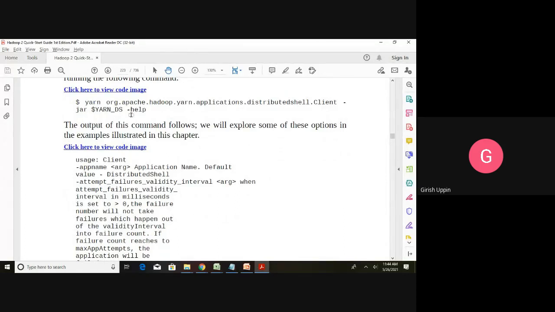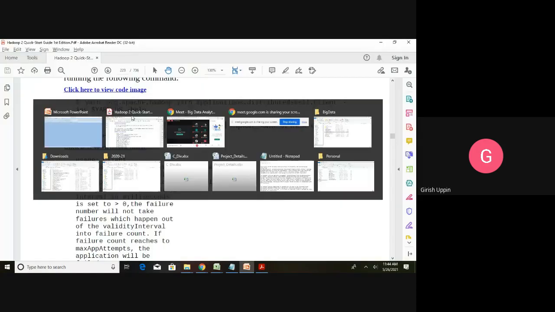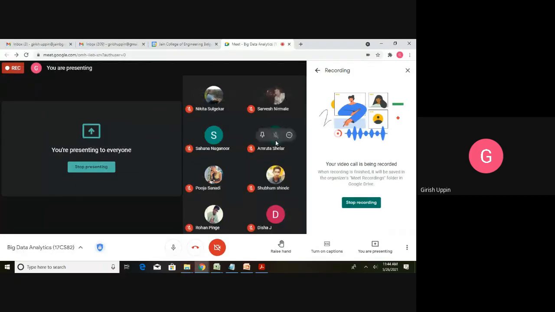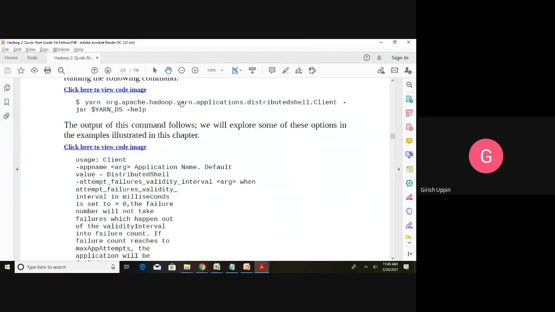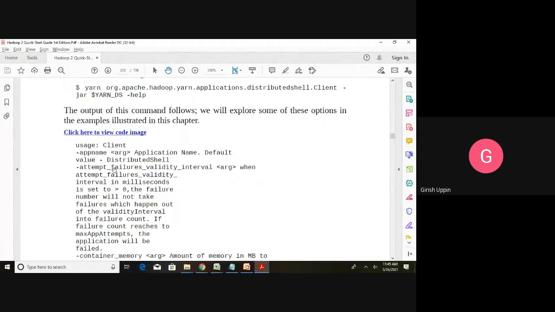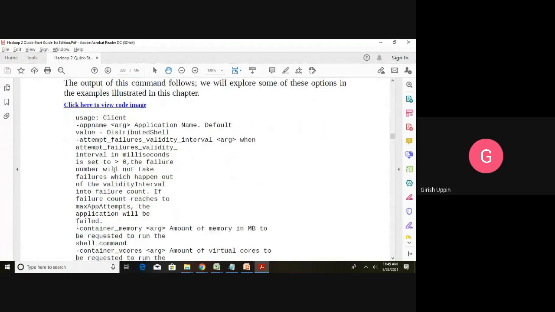Once you issue this yarn command, the distributed shell will start, and hyphen help, the command you are executing, will tell the usage. So this is the client telling the usage of the client. It will list out all the commands that can be executed using YARN.